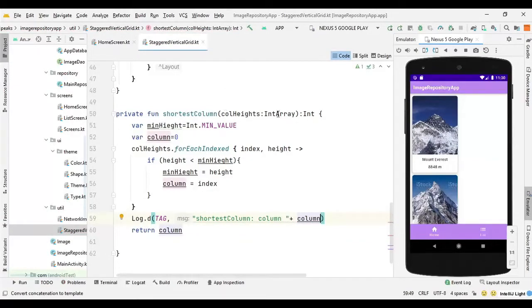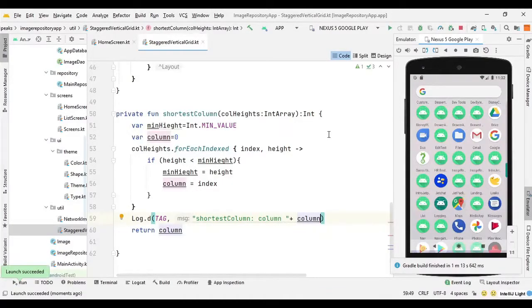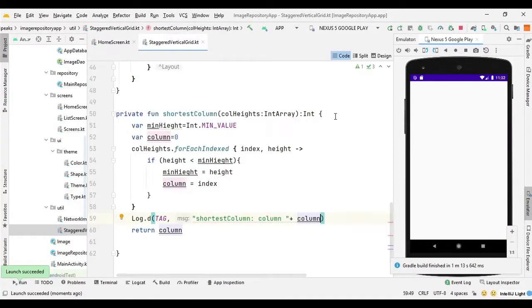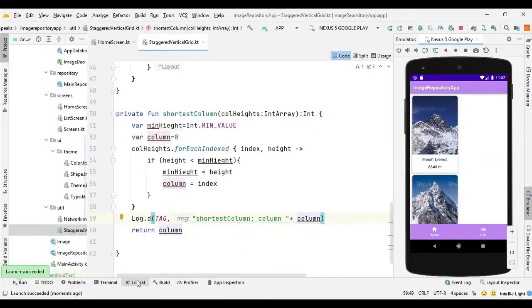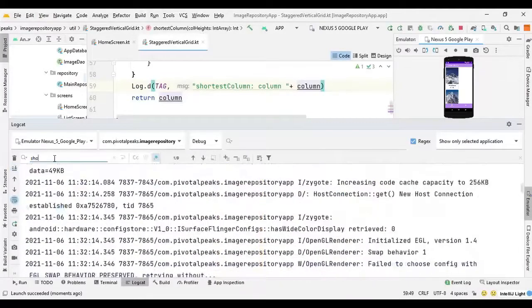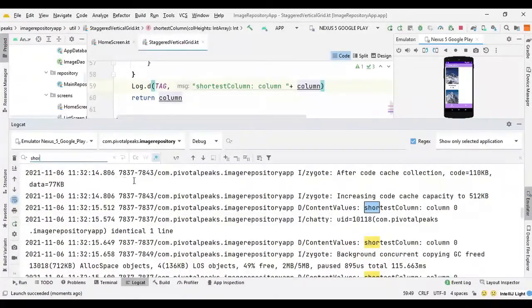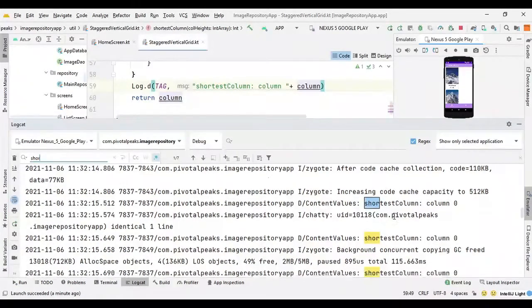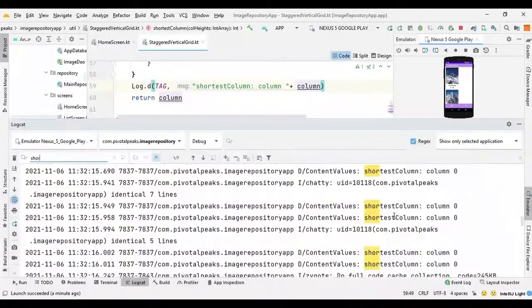So we can run this app. We can go to the logcat and search for the shortest column. You can see that with the minimum value, we are only getting one column.